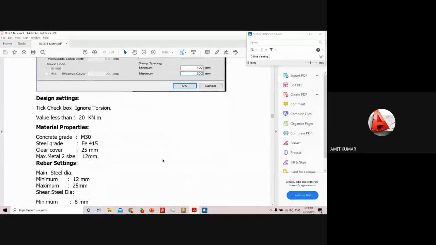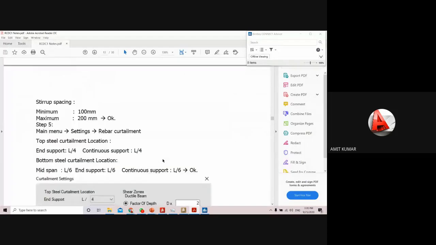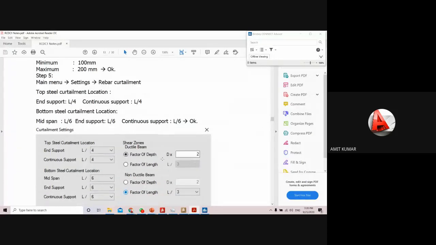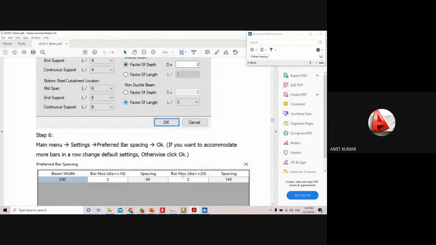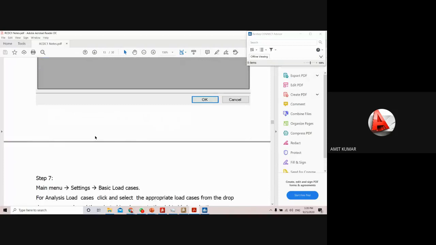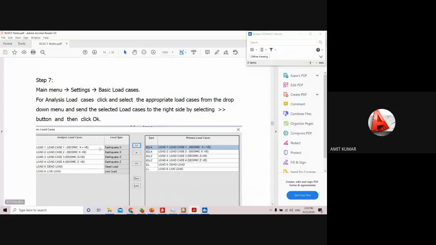And then again from the setting you have to click on the next points, that will be the design settings, and you will get the cut element settings also. Then after arranging all this, just click on the OK, and then you have to select the load cases. Okay, when you define all these values, then you have to select the load cases. All the load cases which you applied in the StatPro software will be shown here. Just transfer these load cases from left side to right side. Okay, at the left side it is available, and the right side it is selected load cases.